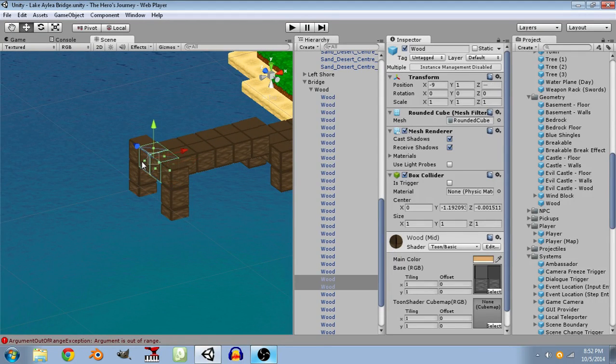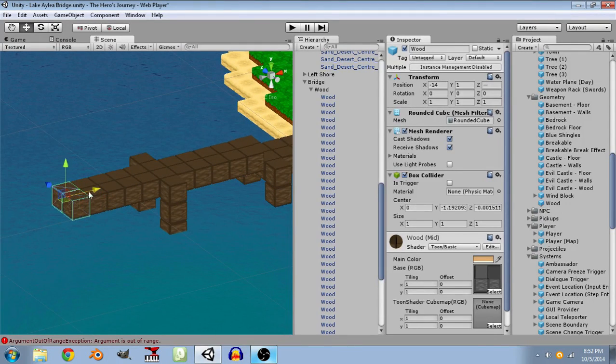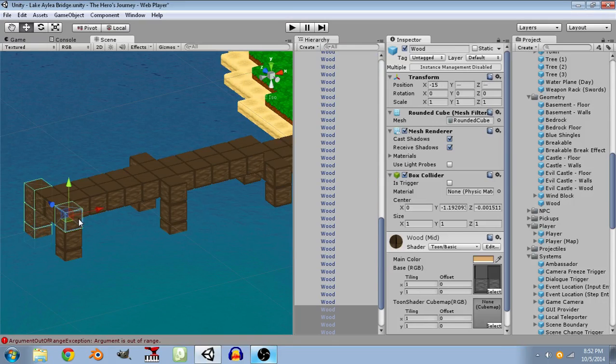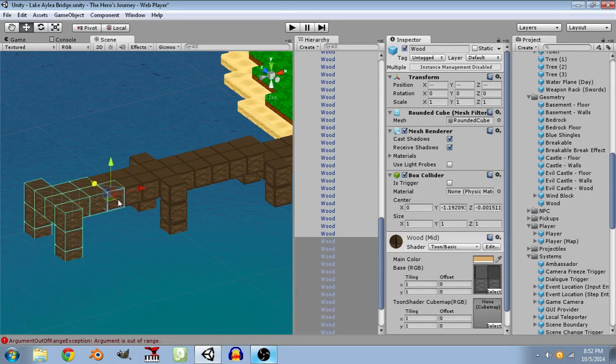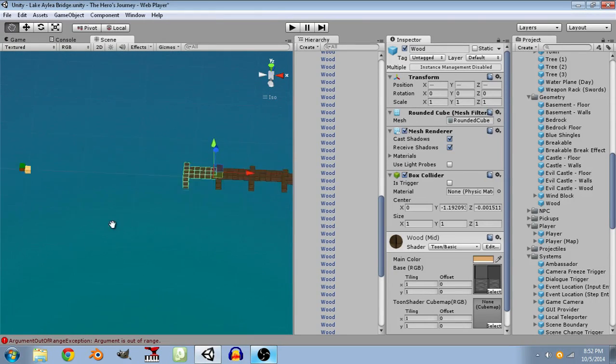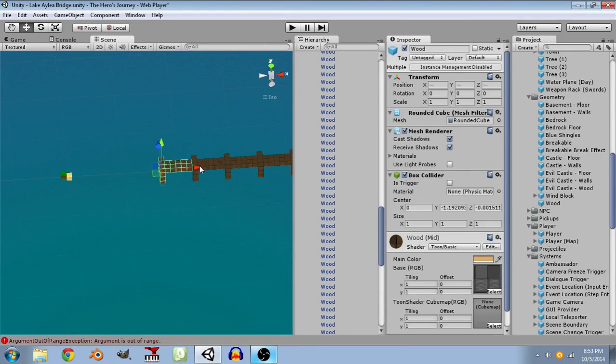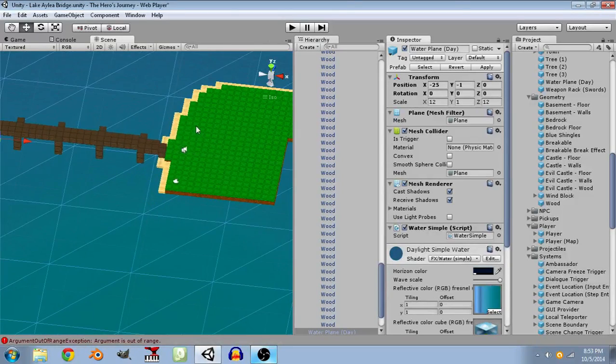The only other thing that could really be done to make this even better is creating a wood plank block of some sort. I've done it before. So what I'm actually going to do... Actually, I'm doing too much. I'm just going to duplicate this span until we get close enough to the other shoreline. After which,